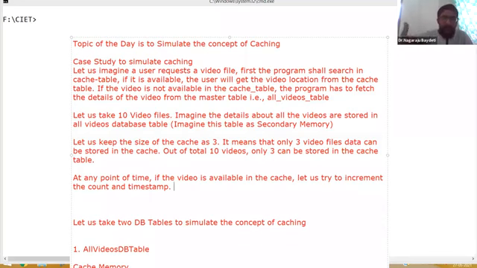The viewership is increasing. When viewership is increasing, that means the video is becoming famous. If the viewership is very less, that means it is a video accessed by some people, but it is not very famous. So in the cache table, I am going to store how many times the video has been accessed and the timestamp, exactly when it is being accessed.